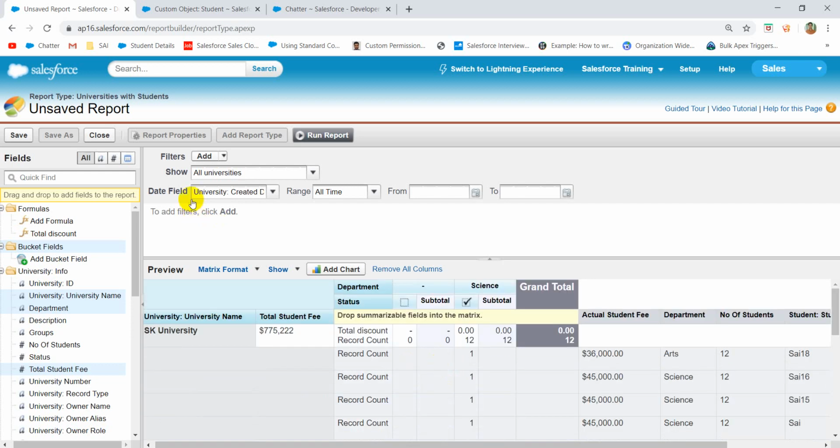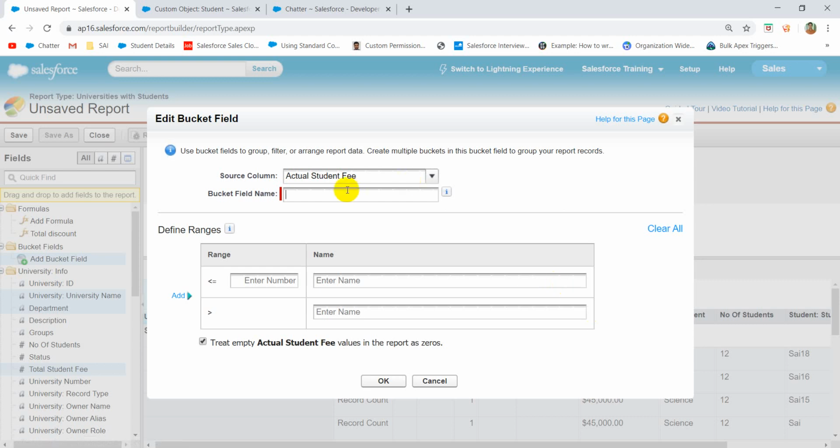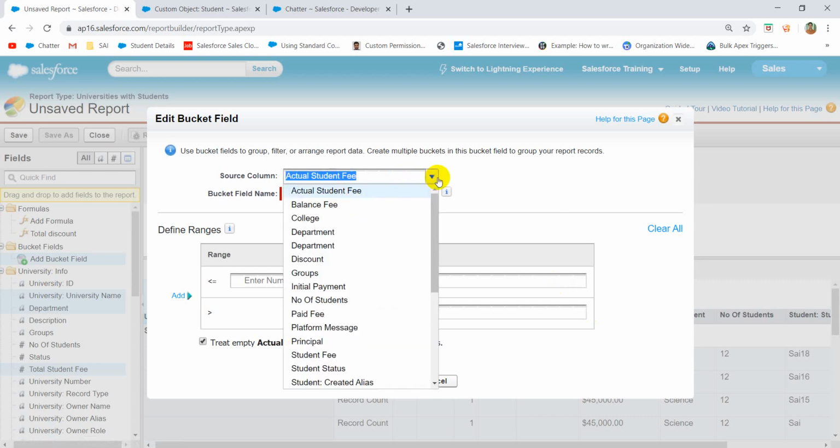And then, what is a bucket field? Usually I just simply explain. Okay, make sense. A bucket field is just like a formula field, but it will combine values based on a range or something. Let's say, a very simple example. I want to have a grade, let's say this one, based on the